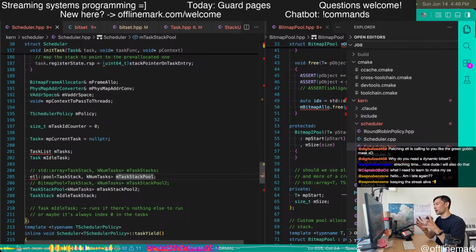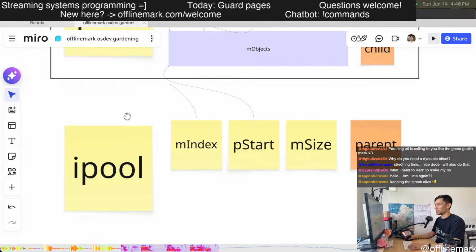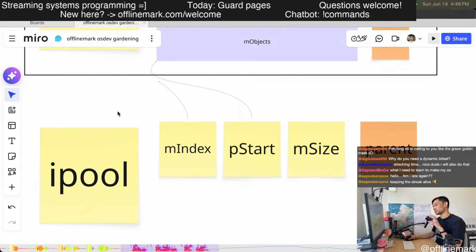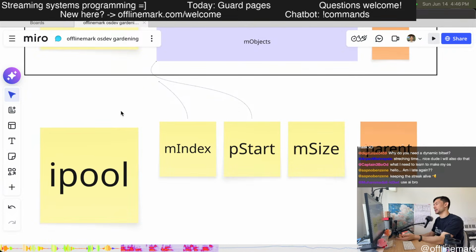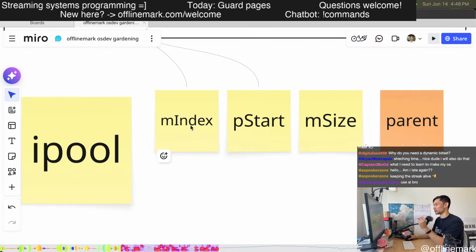And so that's baked into the type signature of this type. And that's the normal pool. The IPool is a type that erases that size, and it operates on arbitrary sized pools, which is very, very useful. And so that's sort of the idea.